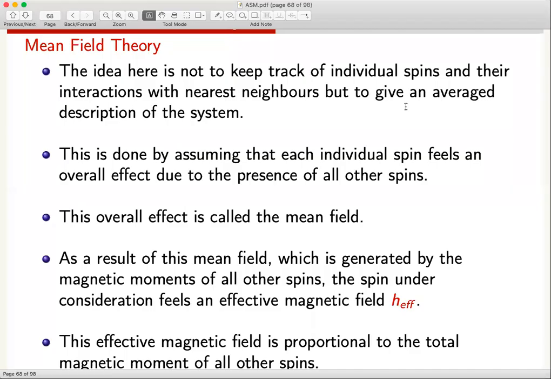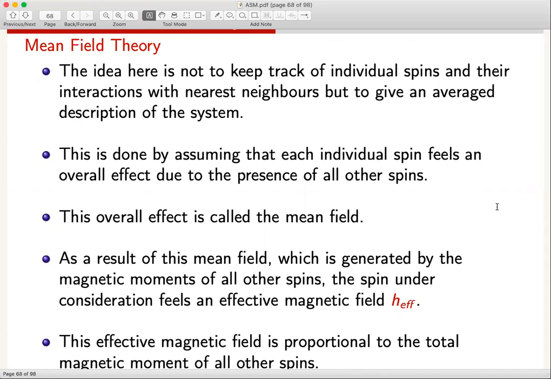Okay, so let's start. So in the last lecture, we looked at mean field theory. So we'll just quickly do a recap of that. So the idea of the mean field theory is to forget about the details of the system and try to say that every individual dynamical degree of freedom experiences an overall averaged effect of all other dynamical systems, besides, of